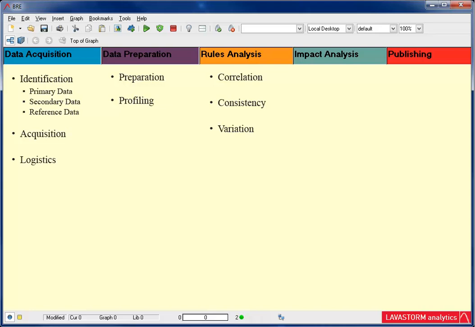The next phase of our analytic process is to perform some rules analysis. When performing rules analysis, there are three parts to the process. Correlation. This is where you match the data sets together and find the discrepancies. Consistency. This is where you consider if there are any inconsistencies in the data itself, perhaps missing fields or values that's causing errors. Variation. This is where you see if your data is outside of the normal limits and displaying